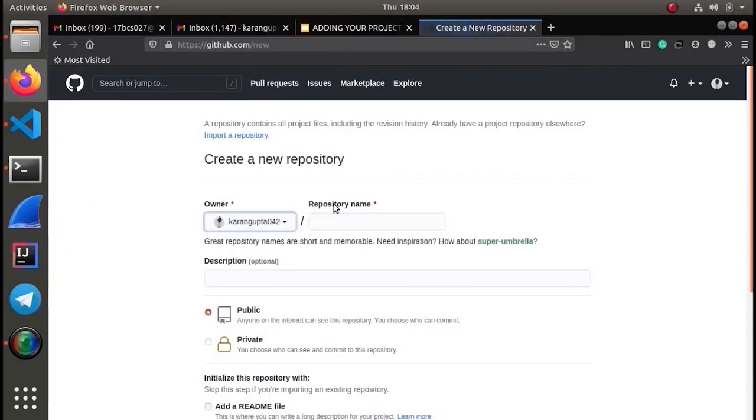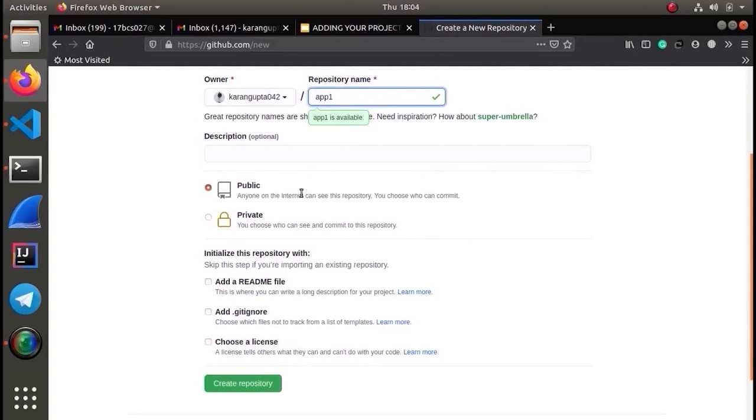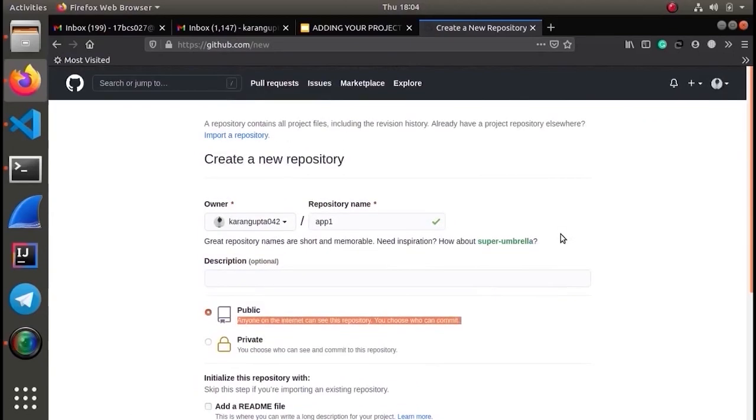Repositories, new. Let's name it app1. It is available. Since we want it public, so anyone on the internet can see this repository, we will keep it public.